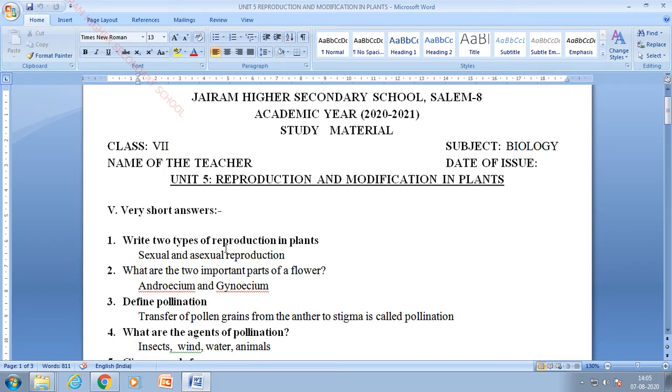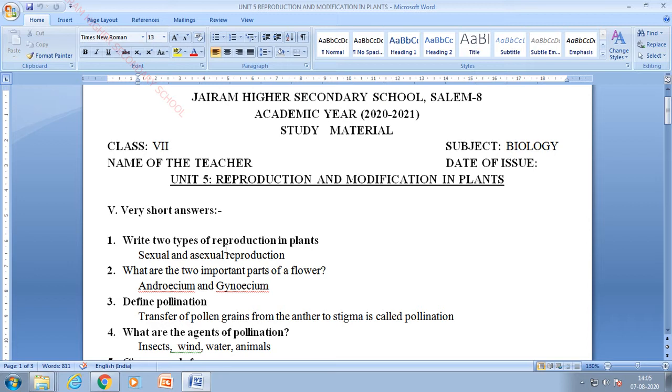So you know very well, stamen contains a long stalk called filament and anther. Inside the anther you can see pollen grains. Pollen grains contain the male sex cell. Whereas in gynoecium, a carpel or pistil, we can see three parts: stigma, style and ovary. Stigma is the part where the pollen grains are deposited during pollination, and through the stigma the pollen tube is formed and pollen grains are transferred to the ovary. The ovary is the bulge part of a plant which will develop into a fruit after fertilization. So these are the three parts of gynoecium.